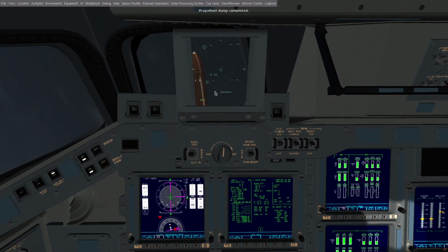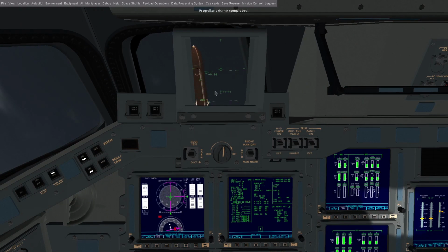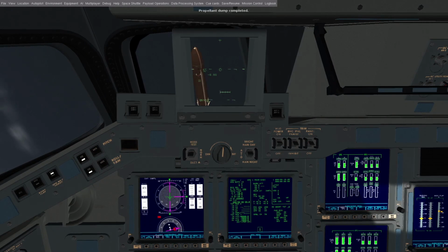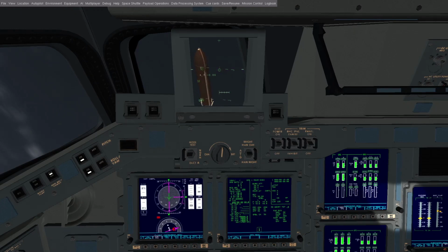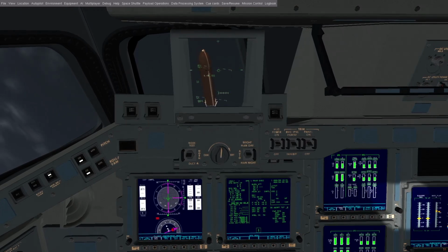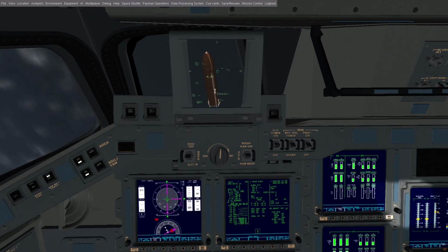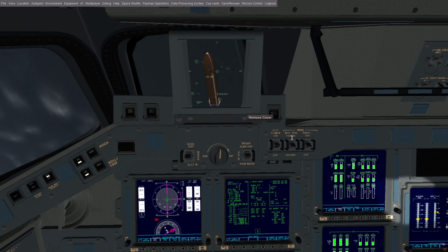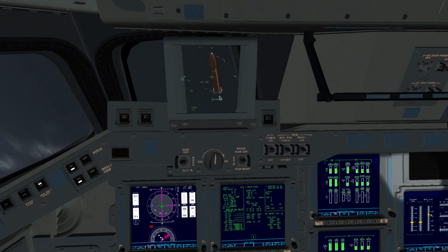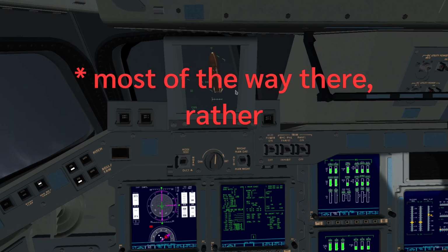Propellant dump complete. Okay, we're just going to roll sideways slightly in order to see the tank in the HUD. And there we go. We've centered the tank in the HUD. Right, so now that we are safely in orbit and with the external tank in view and photographed, just in case we have a Columbia situation, oops,